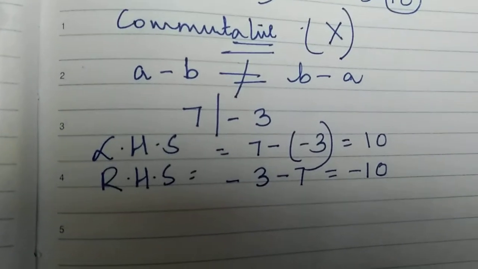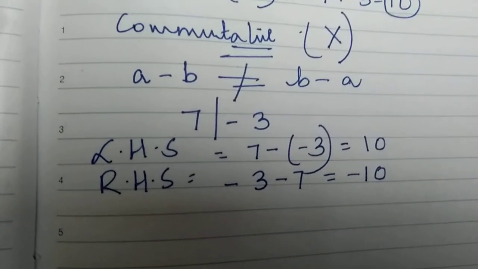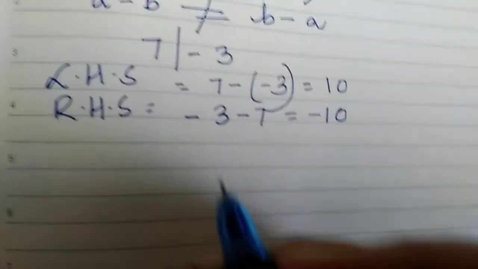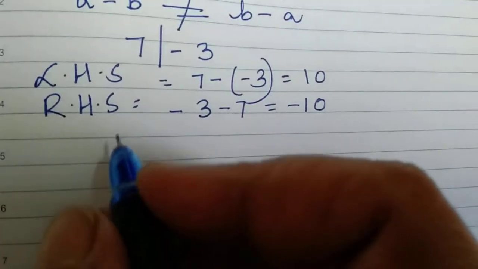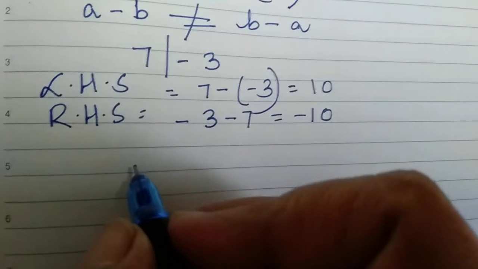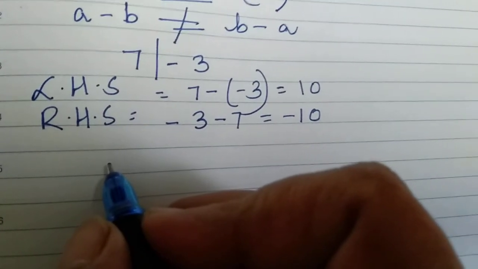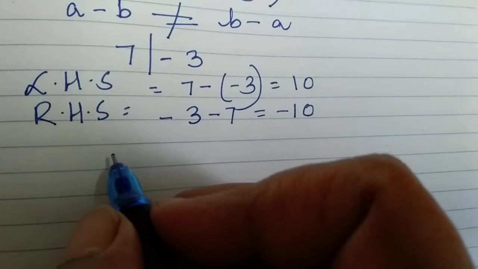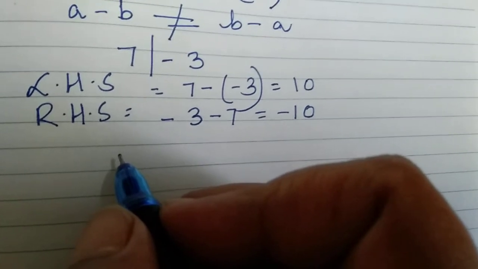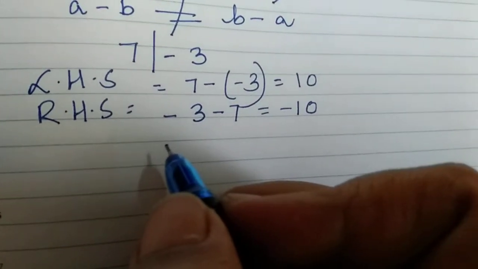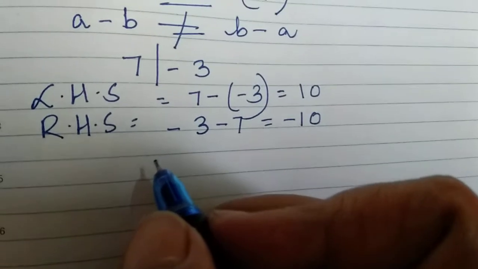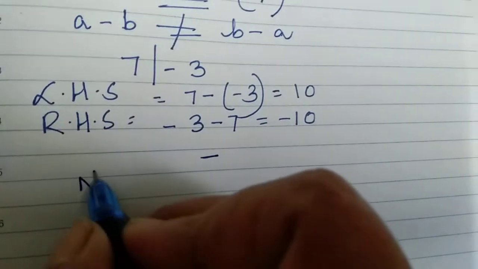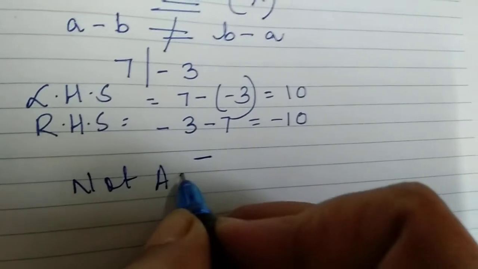Okay. In the same way, it is not associative under subtraction. Associative law will not hold good. So suppose I take three integers. What is associative law? If you remember that if we have a plus b in bracket plus c will be equal to a plus if we have b plus c in bracket. Now if we take any three integers, not associative.